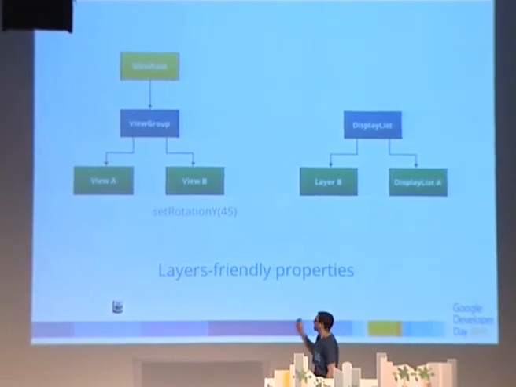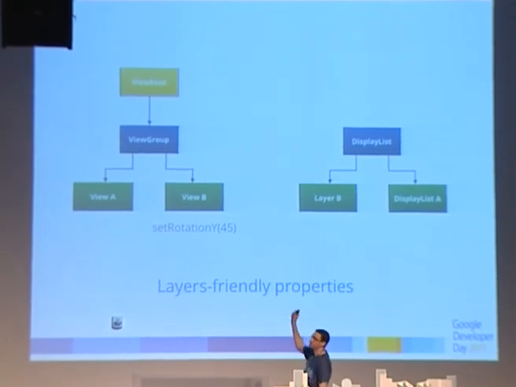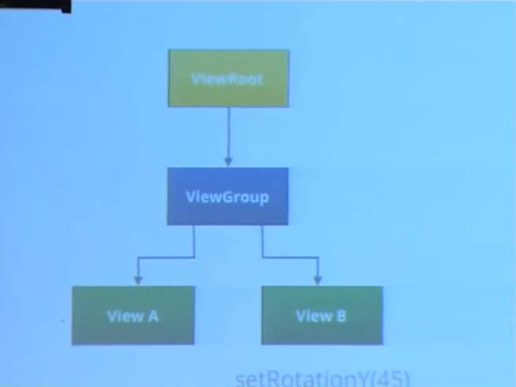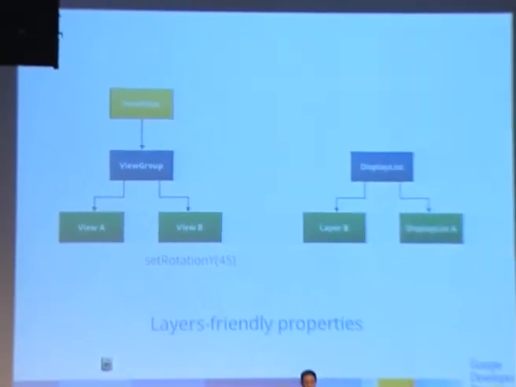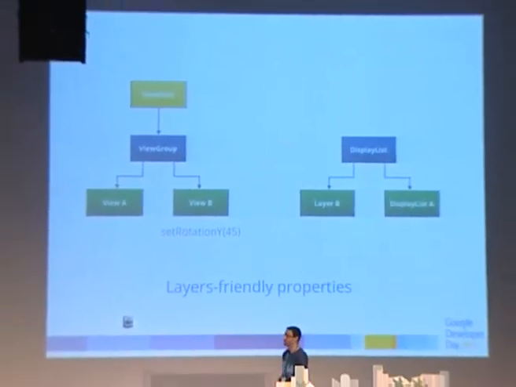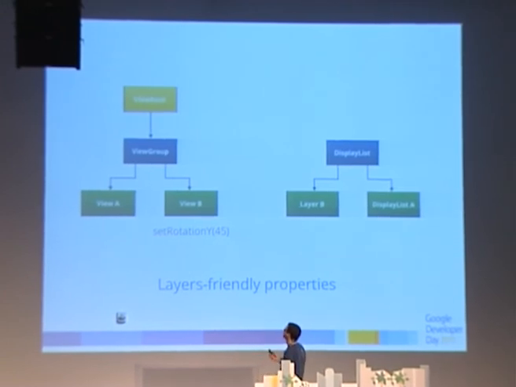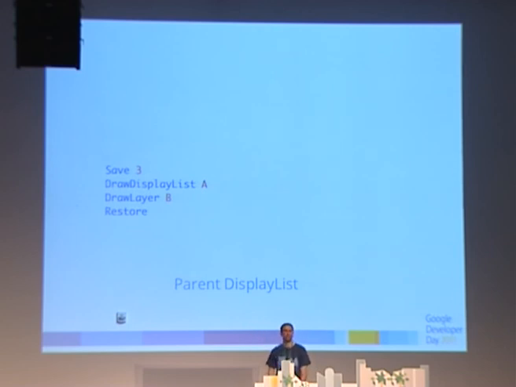So for example, we have a display list set. Here, view B is a button or something. We want to rotate it by 45 degrees. And you've set this to be a hardware layer using display lists. Again, just a couple of lines of code. Now when you rotate view B, we can run through the invalidate, the mark dirty. And whereas before, this would be the display list for drawing button B,